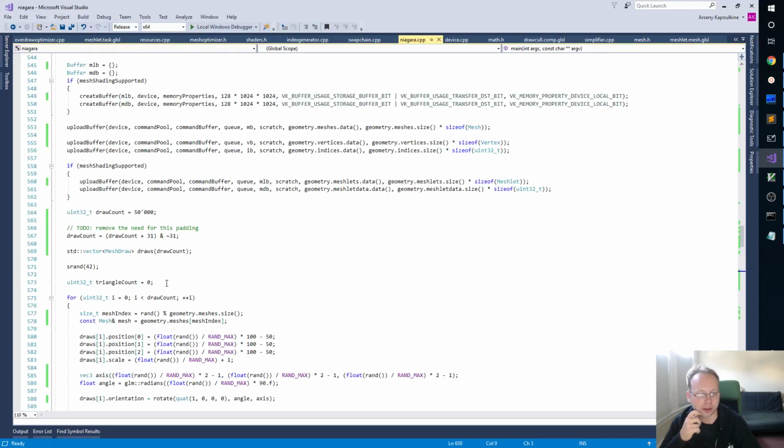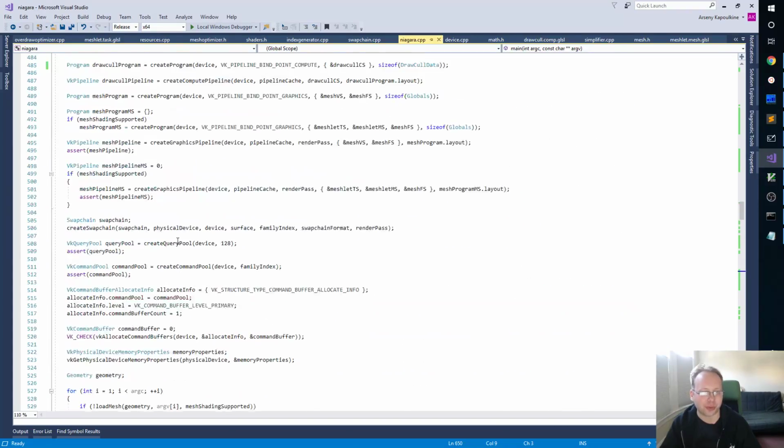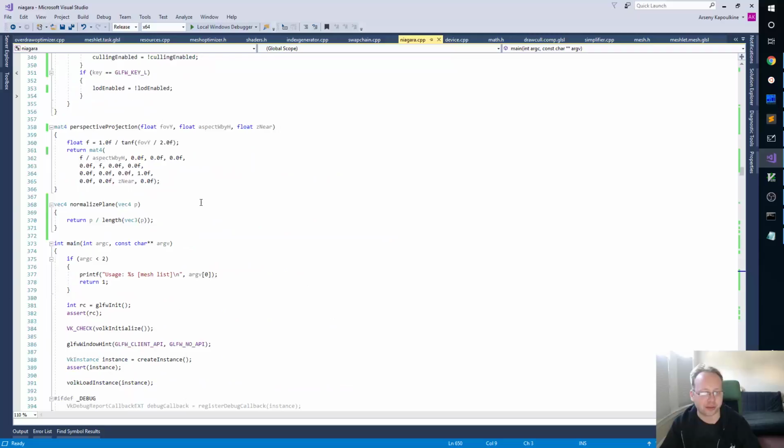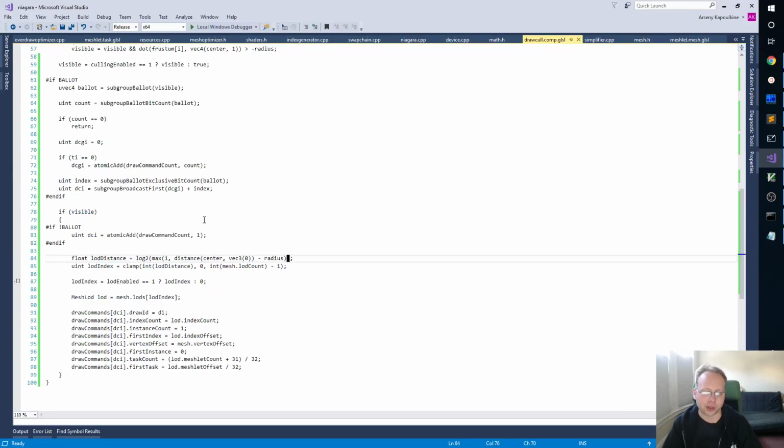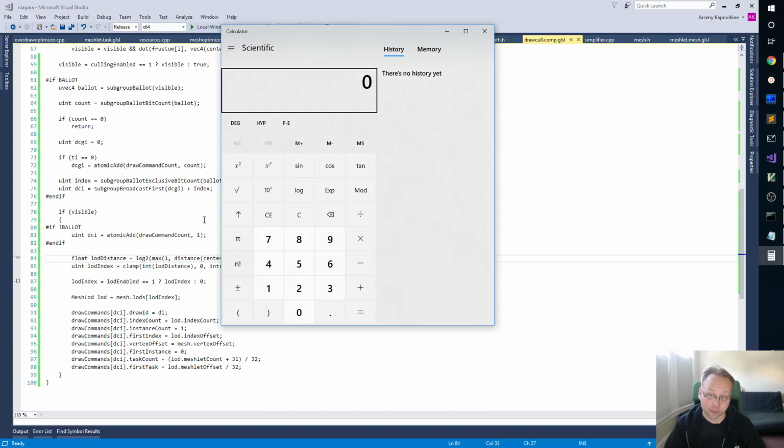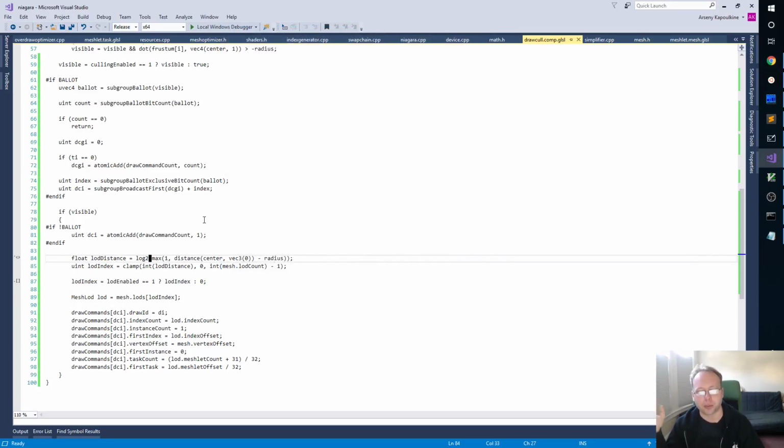So we have a draw distance of like 100 or whatever it was, but we are only generating meshes in plus or minus 50. So at 50 units away from the camera, the distance will be 50, and then the radius, let's just say it's 0. So this will be 50. And then we'll do a logarithm of 50, which will be like 5.4, 5.5, and then we'll switch to level of detail 5, roughly speaking. So we probably aren't even using the last 3 LODs or whatever it was, but it's relatively aggressive close